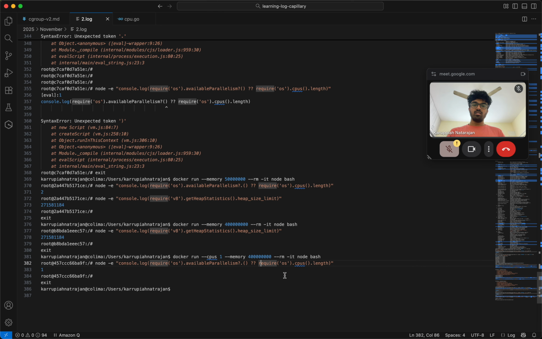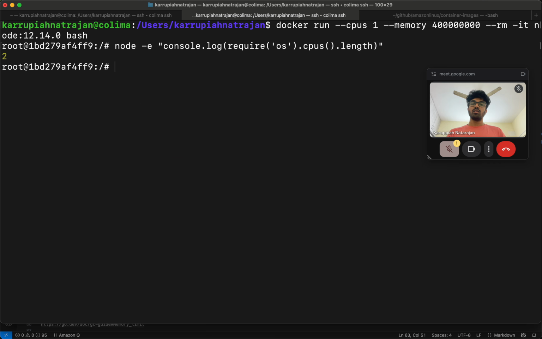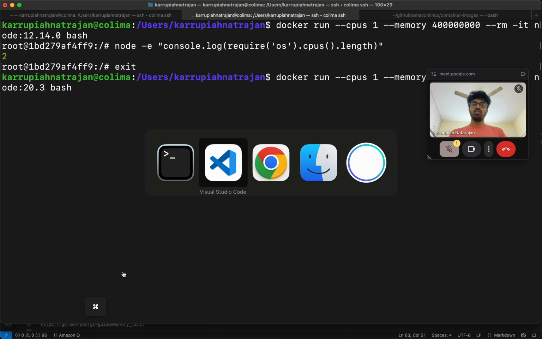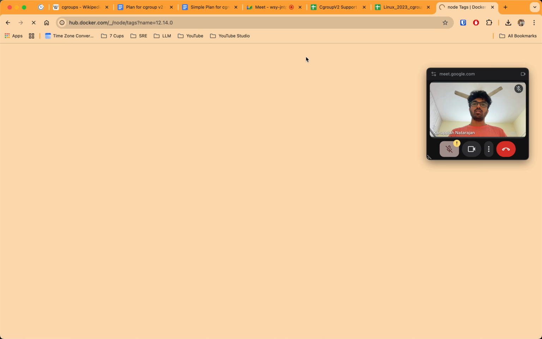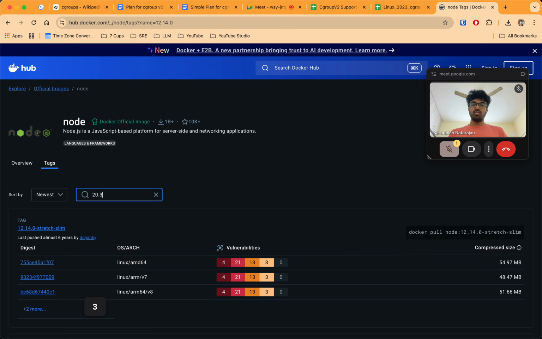This one, I think I just have to say CPUs.length. This is 2. 20.3.0.